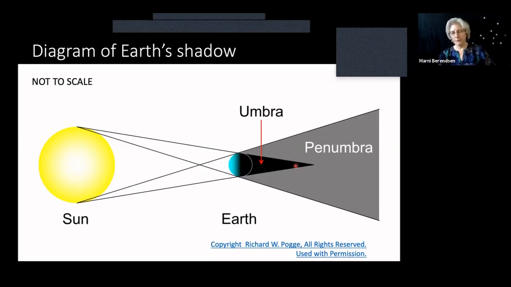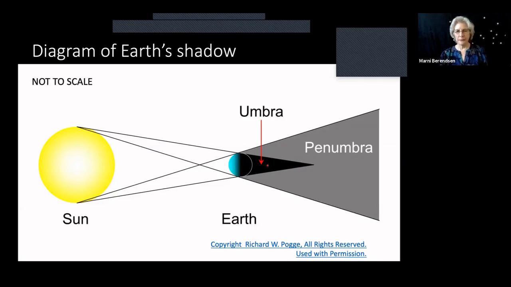And many of you probably know that tonight's full moon is also a supermoon, when the moon is closest to us in its orbit around us. I'm not going to talk about supermoon today. I'm focusing on our lovely shadow here.